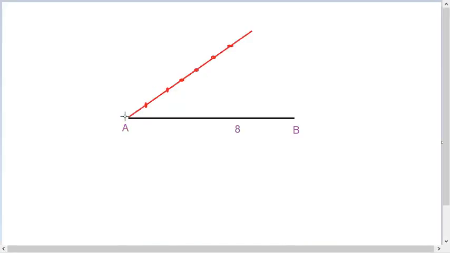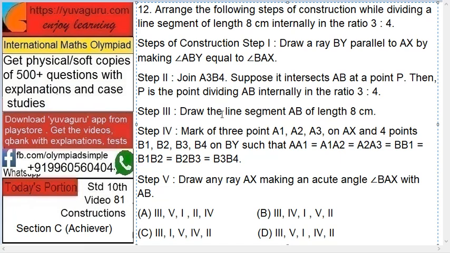That's why 7. Whatever is the total of this, you take that length. Then divide this into 7 equal parts of 1 cm each. Then take similar ray on the other side of same 7 cm. Same angle, the acute angle should be the same, right? Next, join the third point from below for both, and then you get 3 is the ratio of this and 4 is the ratio of this side. So you got it. So here obviously the first step will be take a line segment AB of length 8, right? So step 3. Whichever has all have step 3, so all are possible now.